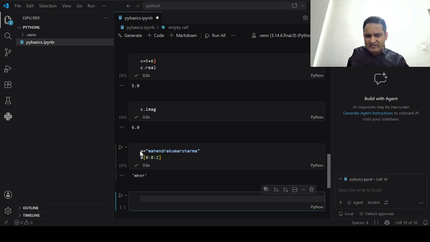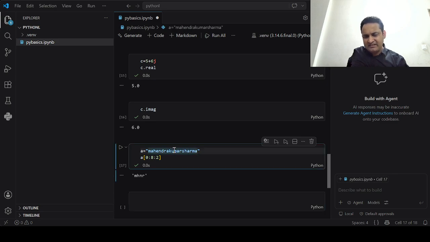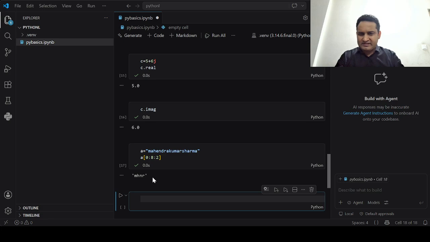0, 1, 2, 3, 4. Whatever the number you want to fetch, it will always go to n minus 1. Like if you want to fetch the value till K, then you have to specify this index minus 1, right? N minus 1 basically. So this is how it goes. I hope you got it, right? So indexing we got, and then slicing also we got. If you want to reverse this string, and instead of starting with 0, if you want to fetch from a particular index,